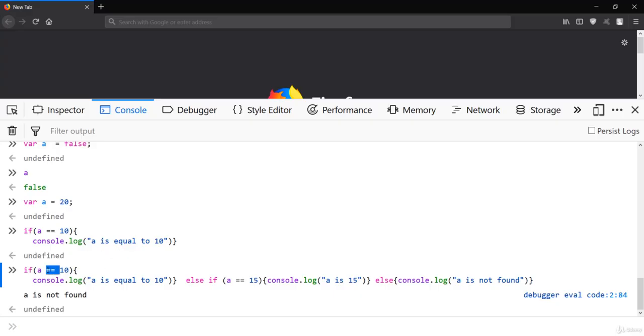We have the condition which is obviously false in both of here. So a is equal 10 is also false, a is equal 15 also false. That means the else part will be executed because both of the conditions are false, and the else part, basically a is not found, is printed. So you can make use of these conditionals in order to execute some part of code, and in order to redirect your execution to another point, making your code flow smoother with the help of if statement.